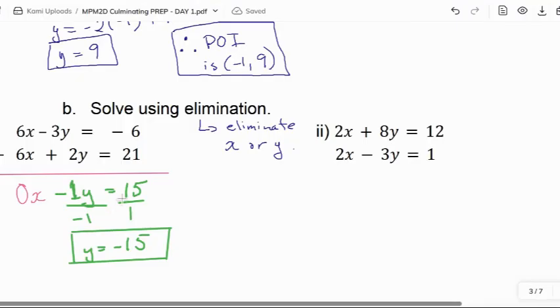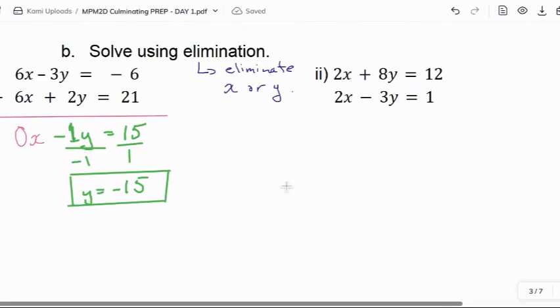Now, what am I doing? What's the whole point of this question? What am I looking for, folks? Say it out loud. POI. So if I have just the y, I'm halfway done. Right? Now I need to find the x. And so in order to do that,